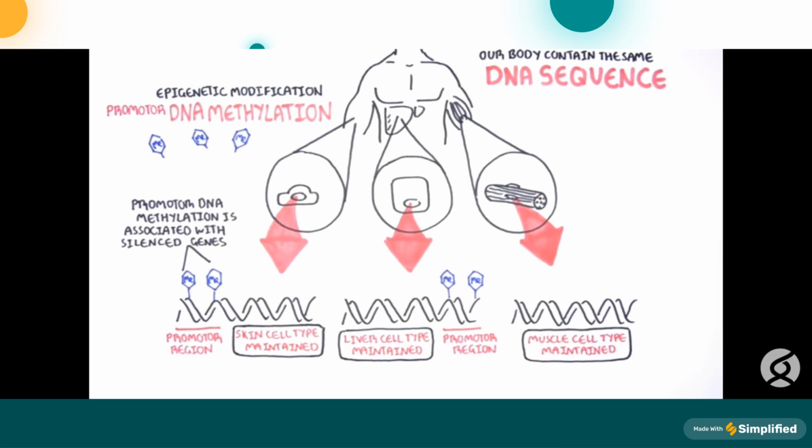Muscle cells differ in function from liver cells, and liver cells perform a different function than skin cells. The protein production in skin cells is different from that of liver cells, and protein translation or transcription is different in liver cells than in muscle cells. How can this whole process take place when the DNA sequence of all three cells is the same?